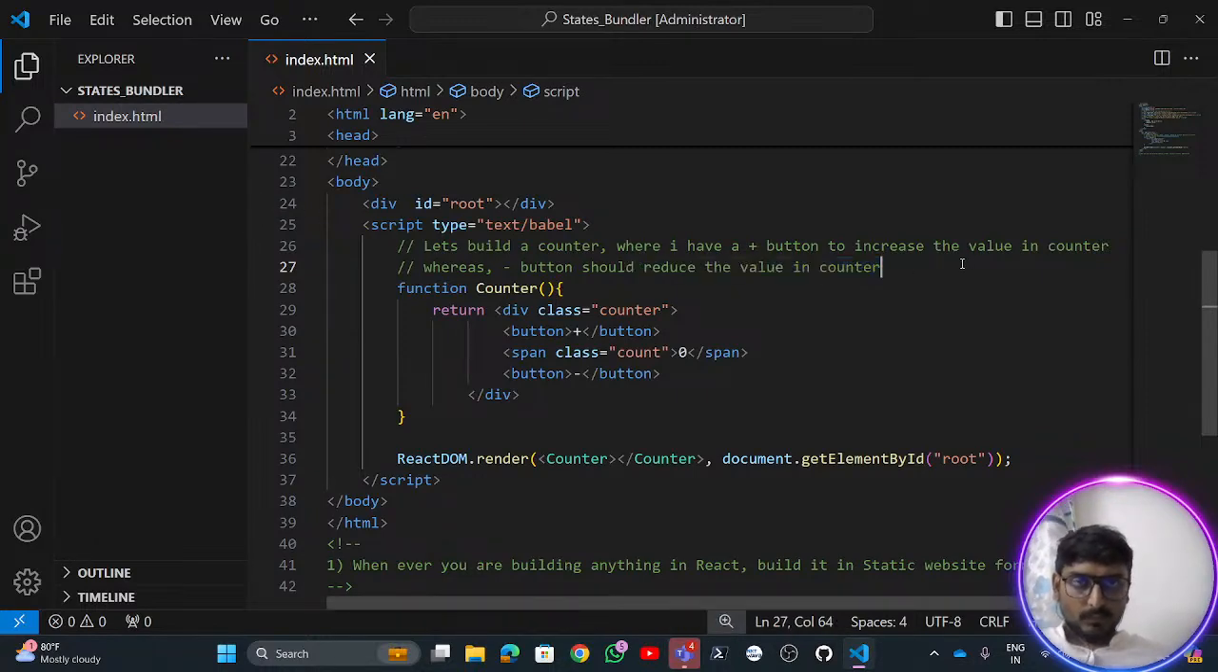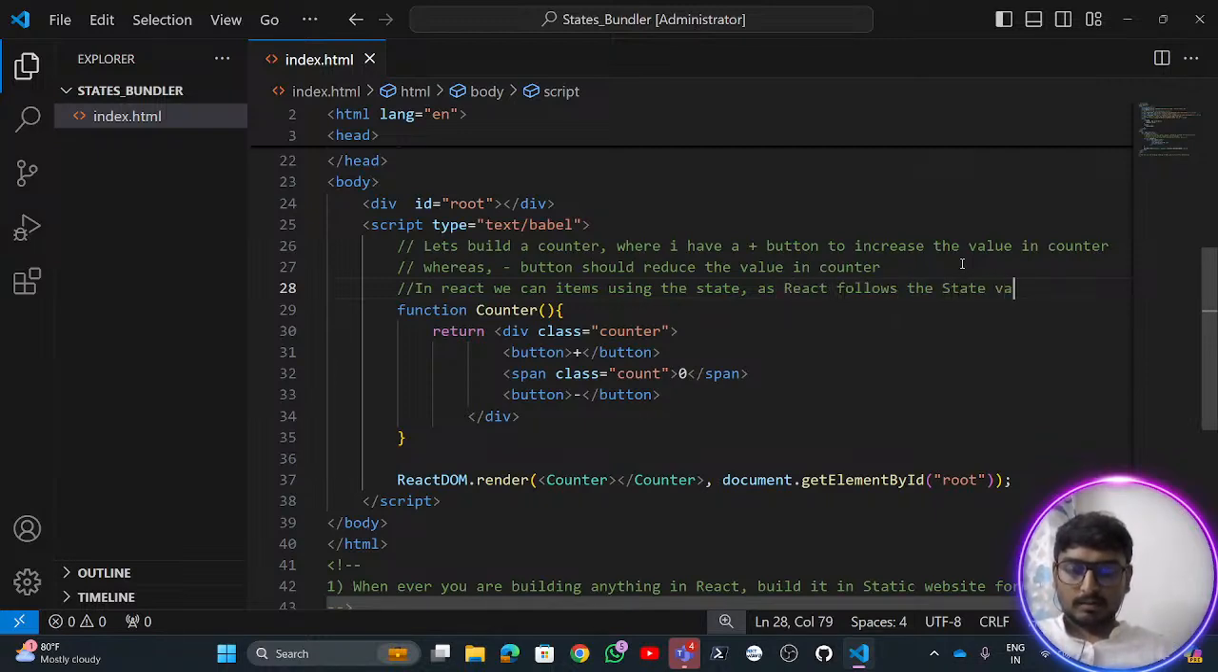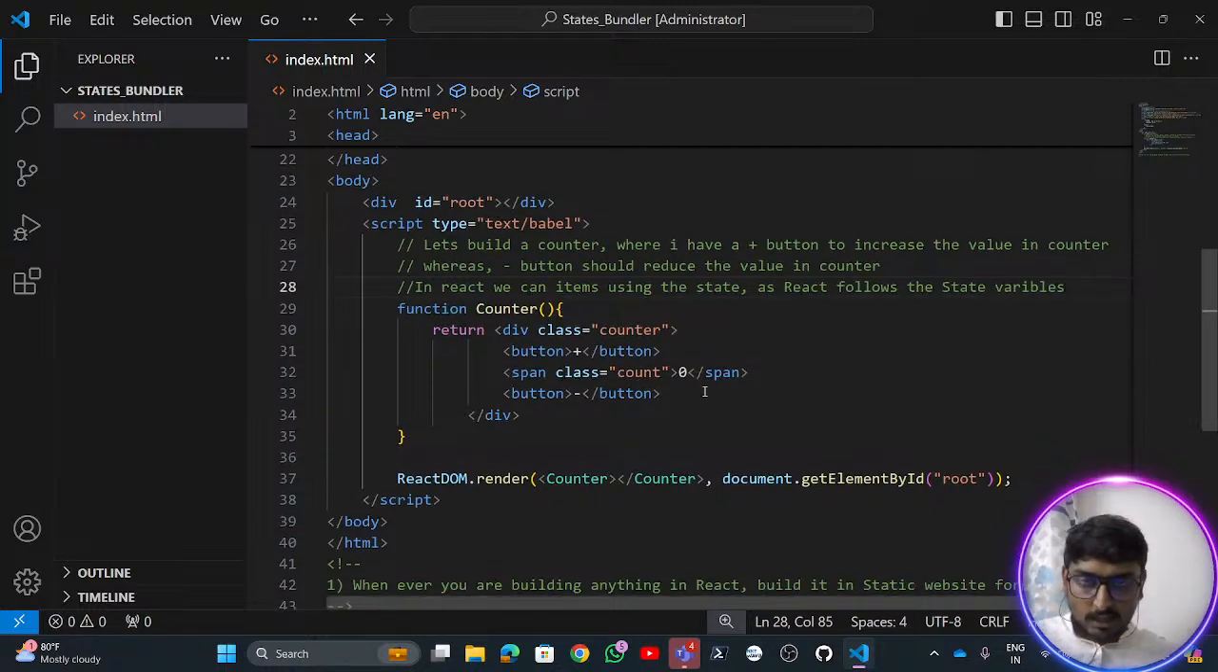Now I want to explain one important thing, that in React we can manipulate the state. I mean, to be more precise, we can manipulate items using state variables, using a thing known as state. I need to declare a variable such that it is a state variable. But before understanding how we can create a state variable, let's try to understand one important thing, where I'll say console.log